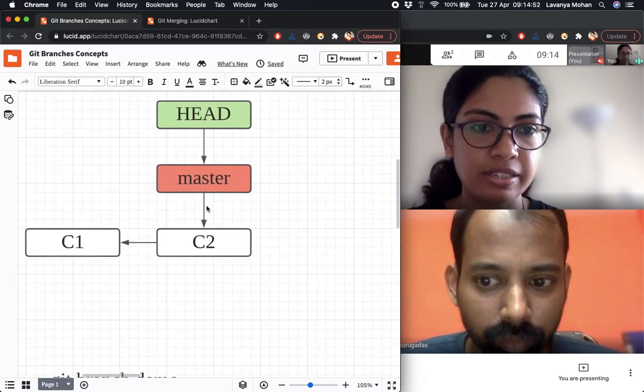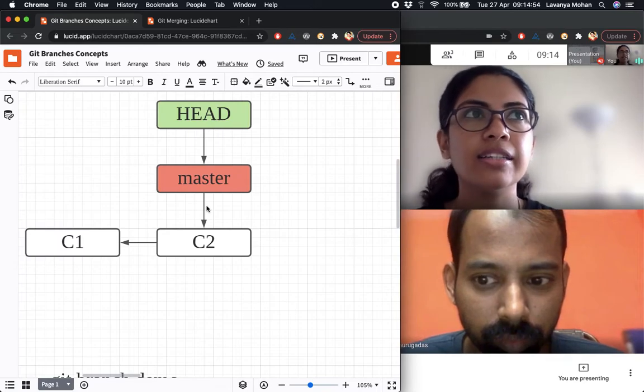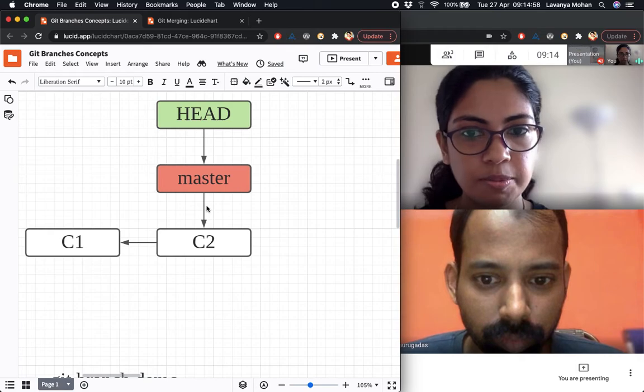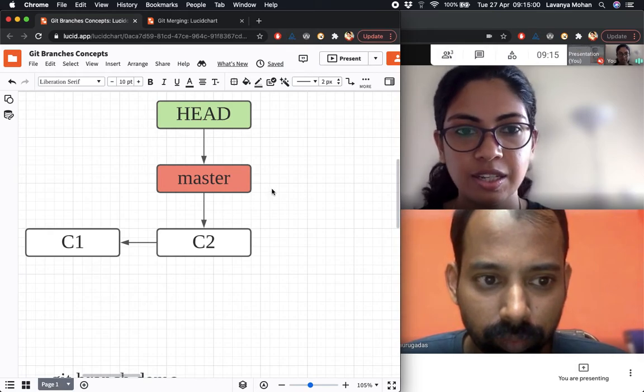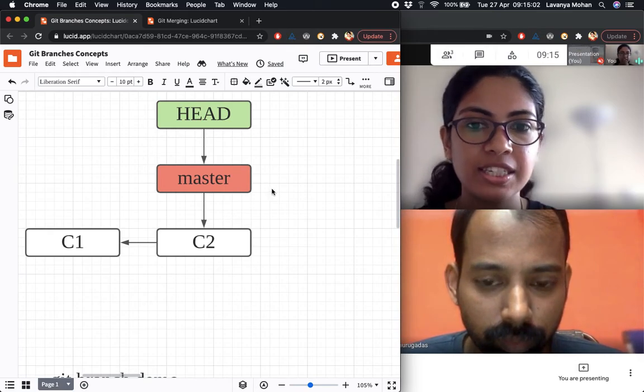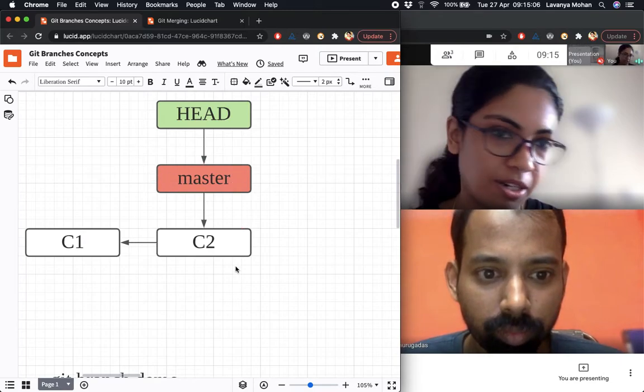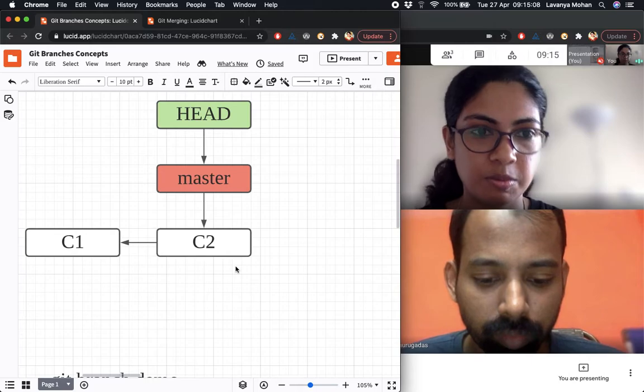And what happens when we create branches? What really are branches? I think in other version control systems it's a very different concept, but in Git, when we create a branch we just create another pointer like this master pointer, which points to some other commit, maybe the same commit, maybe some other commit.